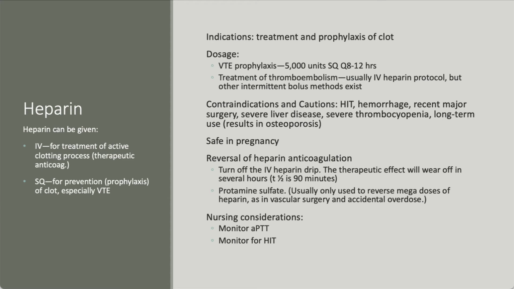When we need to reverse heparin, as I said, we can use a medicine called protamine sulfate, but usually we reserve protamine for open heart surgery, right? Or vascular surgery, where they get this mega dose of thousands and thousands of units of heparin. Usually when we start heparin, it's like a 4,000 unit or 5,000 unit bolus. When we do open heart surgery, it's like 20,000 units, right? It's a huge dose. And in that case, when we're coming off bypass, coming off the pump, we give protamine to reverse that so that they don't bleed to death.